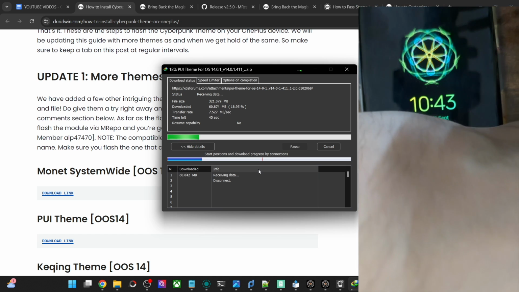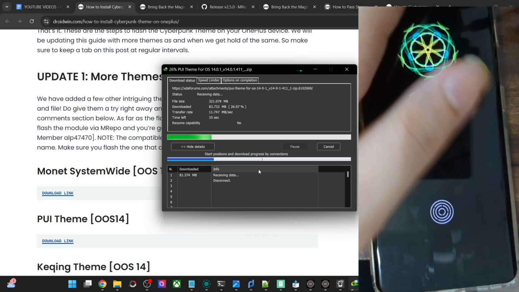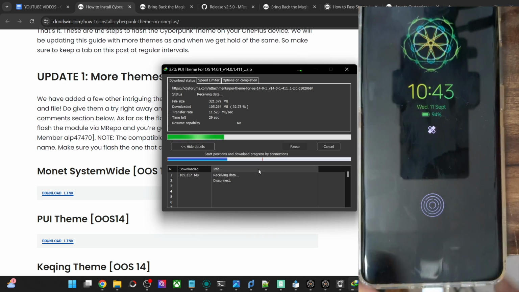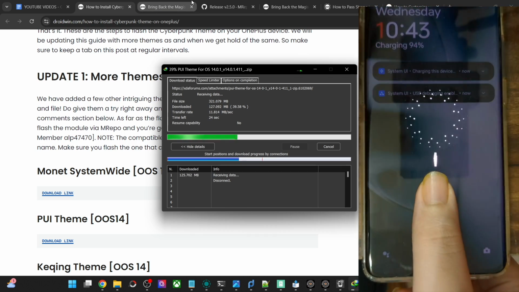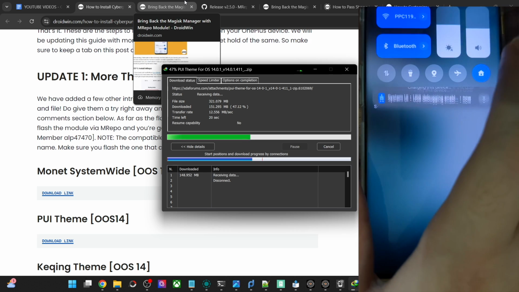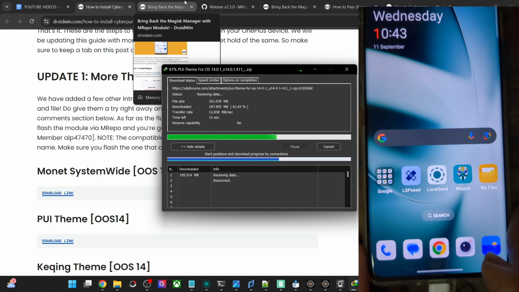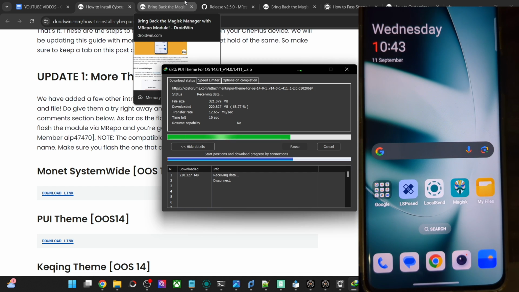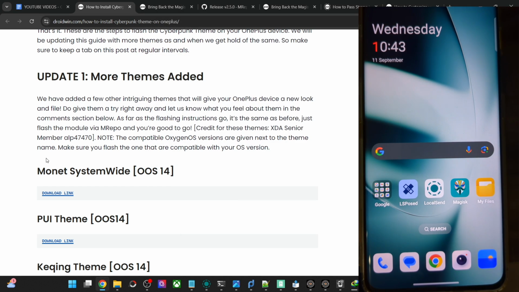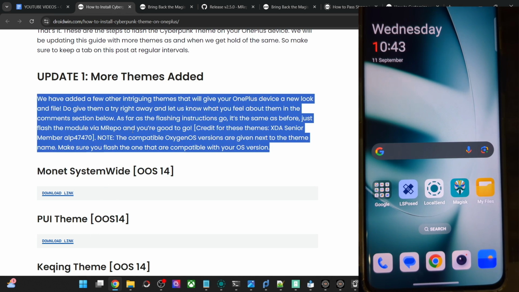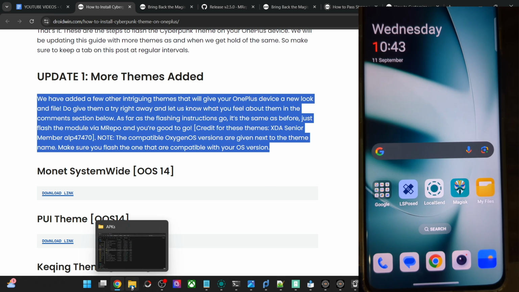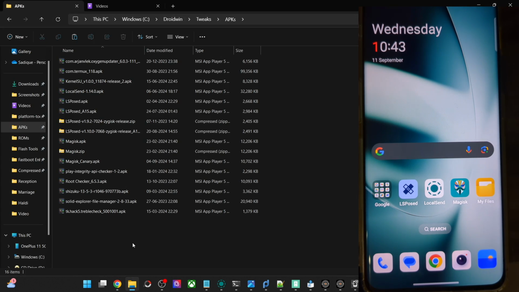So before you are trying out a new theme, please make sure that you have removed all the theme elements from the previous theme. Otherwise, the overlapping might take place. So with that said, let me change the file transfer USB mode, and let's try out this theme as well. This theme is the Monet, the PUI theme. I haven't yet tried it out, so let me give it a try and have a look. So that you don't have to try, you could have a look on my phone itself. And if it is in sync with your requirement, then only you will have to try it out.